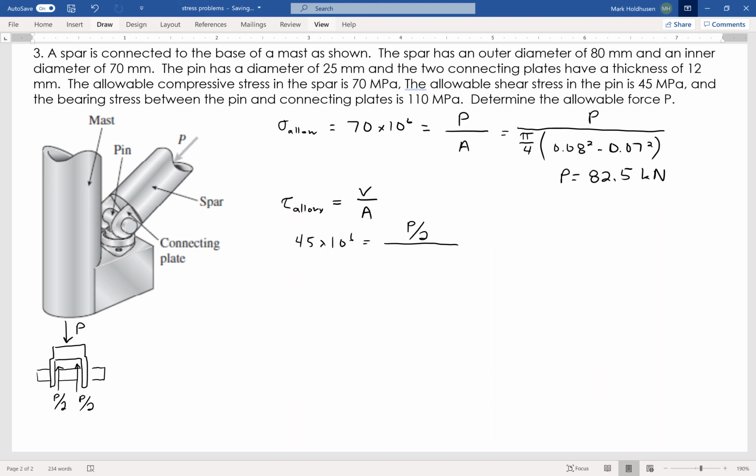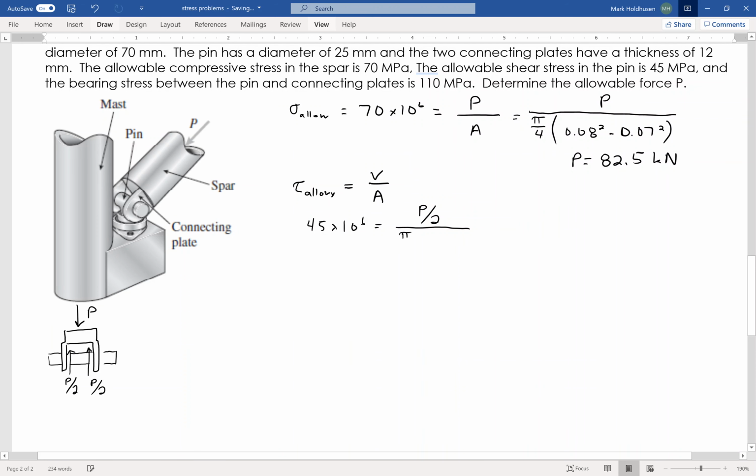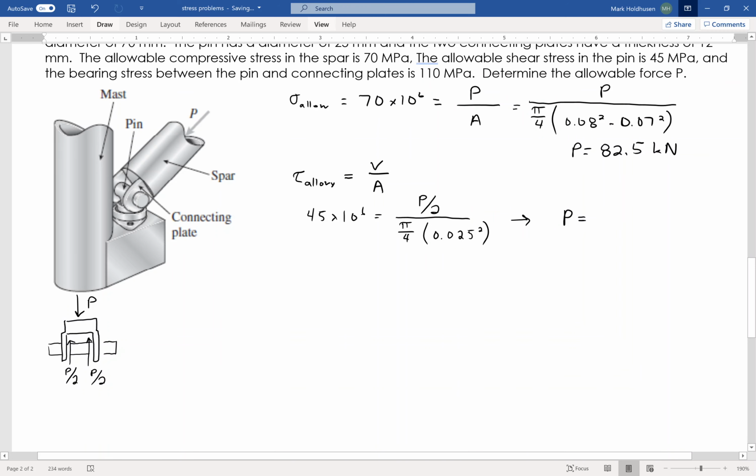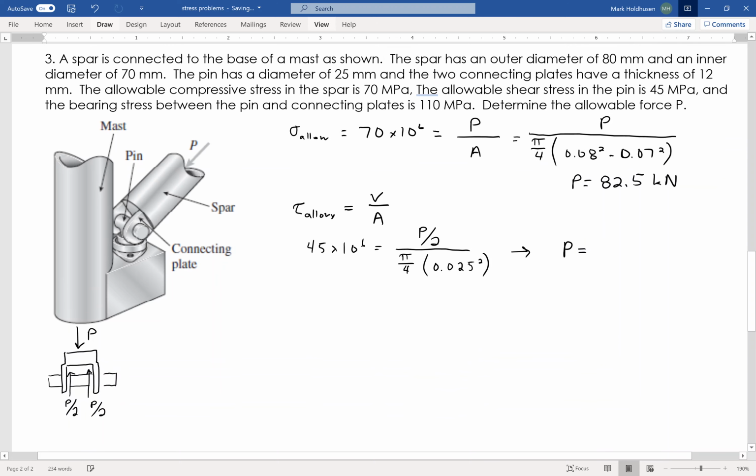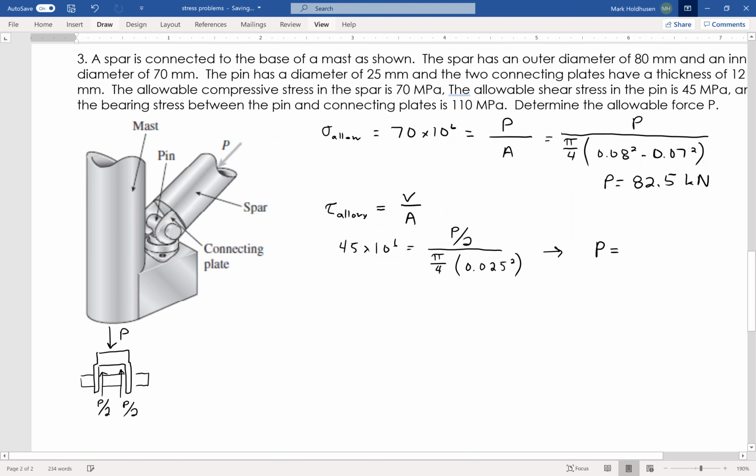So that is going to be pi over 4 times 0.025 squared. Okay? So again, I've got that double lap joint. Again, it's the shears on that circle there. Okay? So from that, I can find that for that to reach the allowable shear stress, the force has to equal